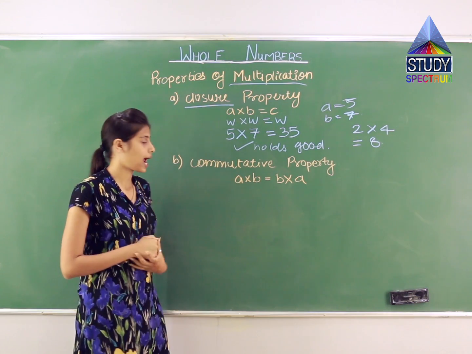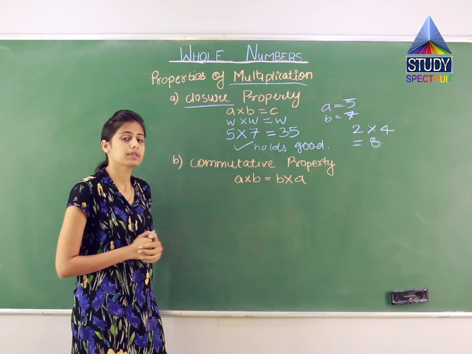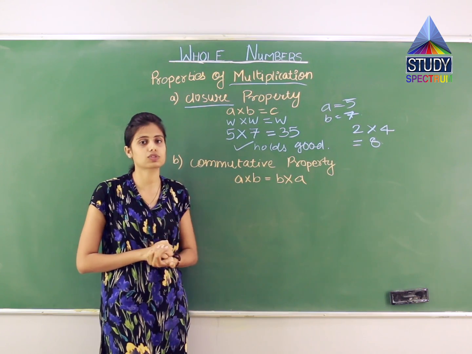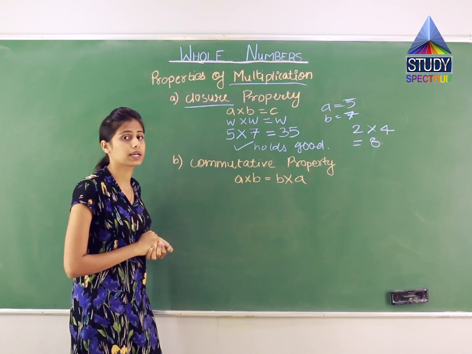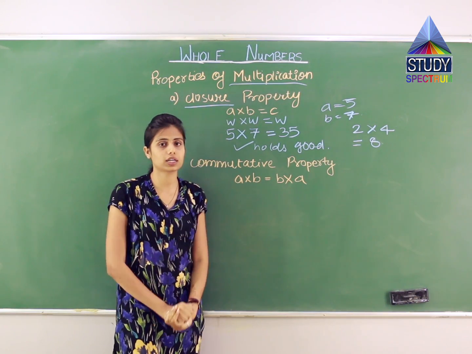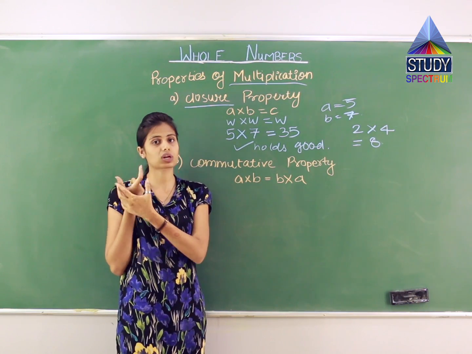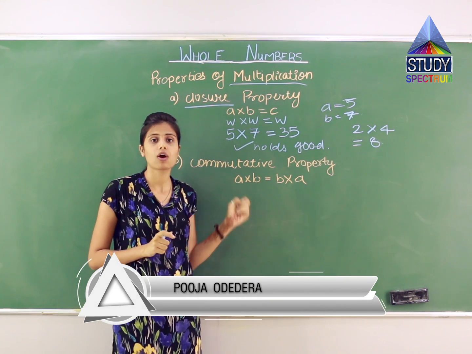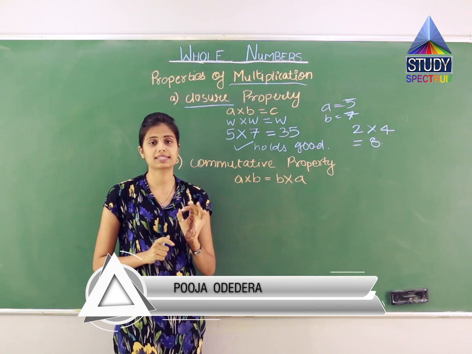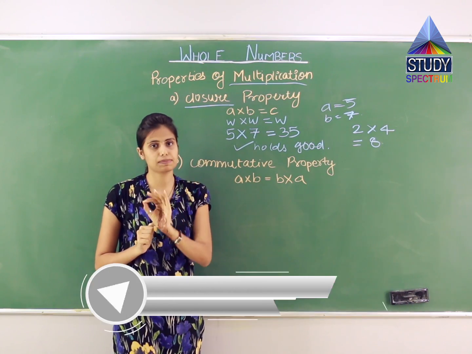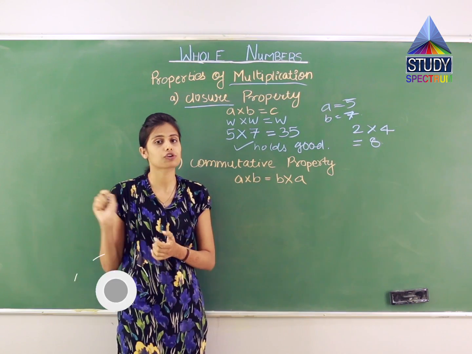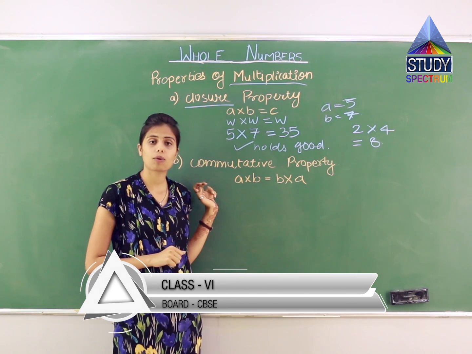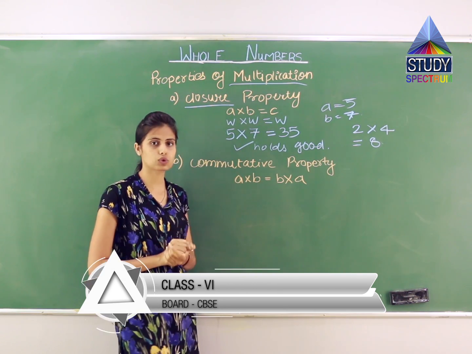Now let us understand what is commutative property. Like in addition, subtraction, over here also the second property is what? The second property is commutative property. In commutative property we have already understood कि जो numbers हैं उनका place, the position values or not. Addition में a plus b was equal to b plus a. In subtraction, a minus b was not equal to b minus a, क्योंकि एक जगह पे आंसर नेगेटिव आ रहा था, एक पे पॉजिटिव आ रहा था. Let us see whether the commutative property over here in multiplication holds good or not.